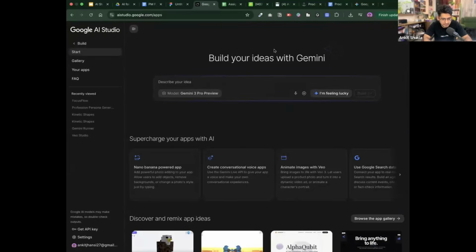That is more than enough. Second is, I can go ahead and speak out my prompt. This is a better way to be more interactive. I can add files or I can pick up a random idea. Adding files is important because generally when you create a prototype, you have to follow the design guidelines of